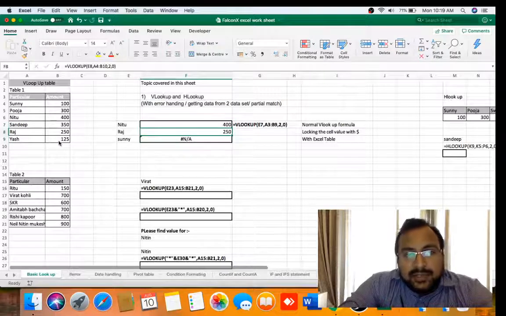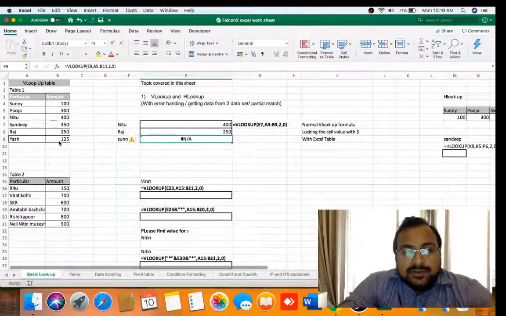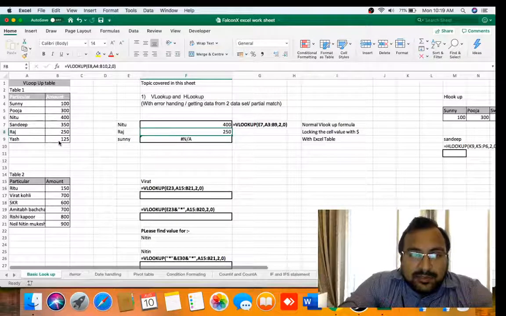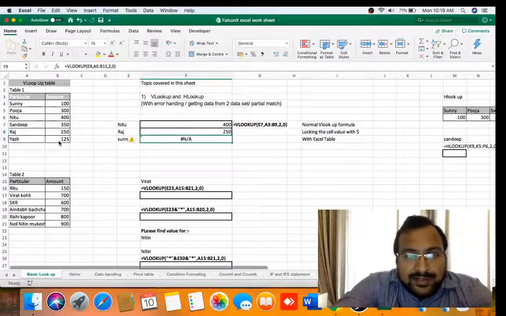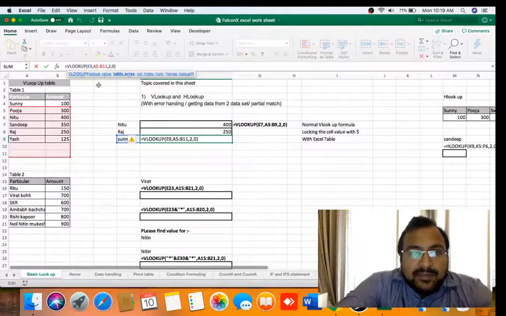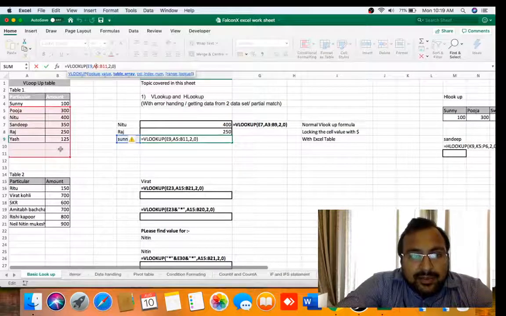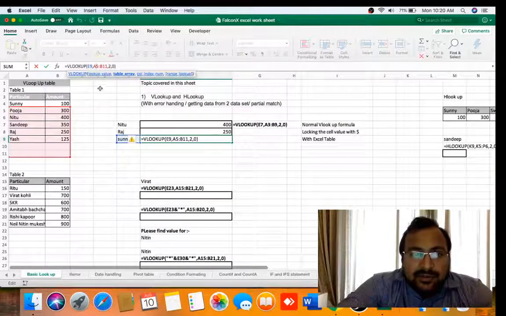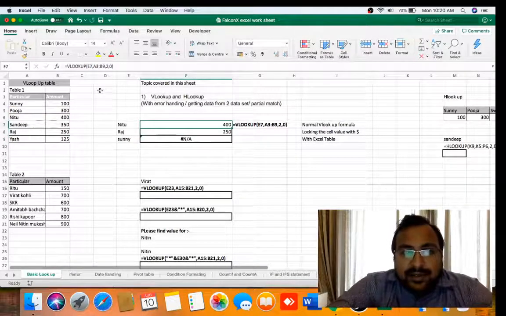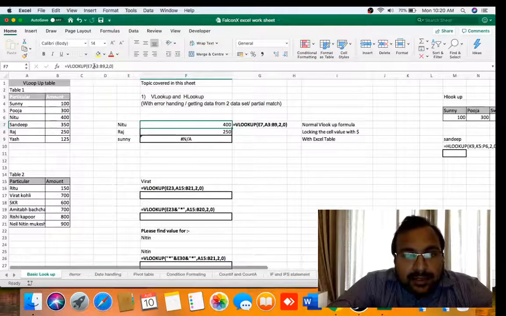As you can see, if we copy paste the formula, here Sunny's value is not coming, it's an error in the formula, and here Raj's value is coming, but let me show you why it's giving an error. When you copy paste the data, you can see our table array changes from A3 to B9. It has changed to A5 to B11. So how can we fix it while copy pasting the formula so that our table array does not get shifted?